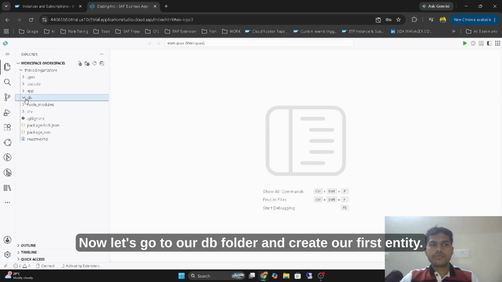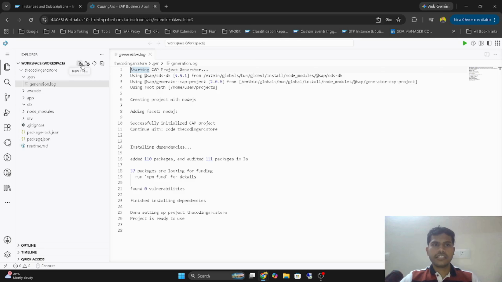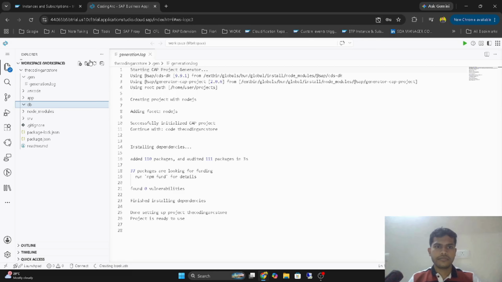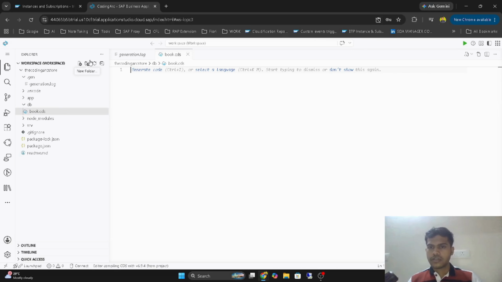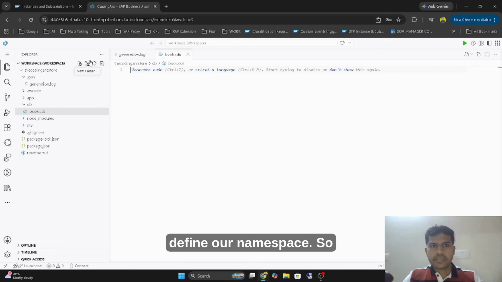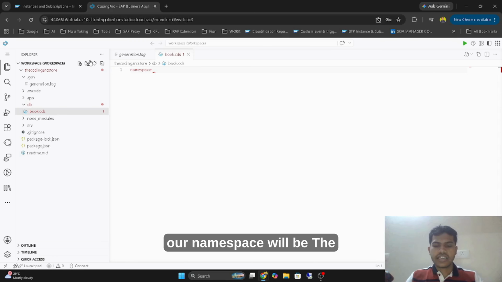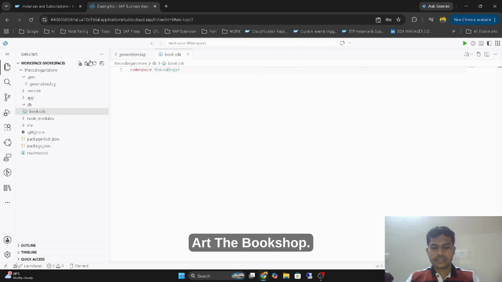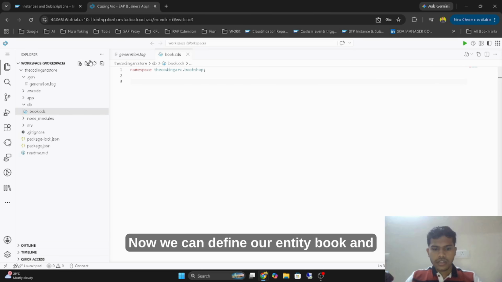Now let's go to our DB folder and create our first entity. Let's name it book.cds. First, let's define our namespace. Our namespace will be the coding arc.bookshop. Now we can define our entity book